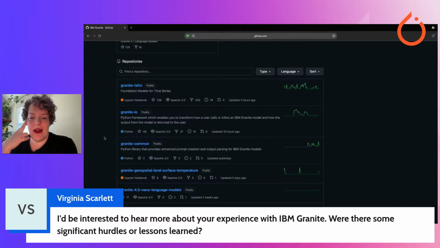That's been our big evolution with the Granite foundation models. Having those big models with billions of parameters is really great when you need that, but there's so much you can do with smaller language models that still carry the same weight and the same impact.